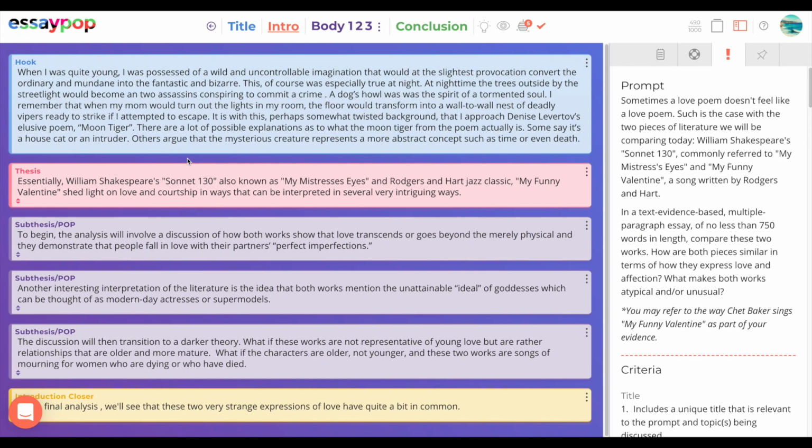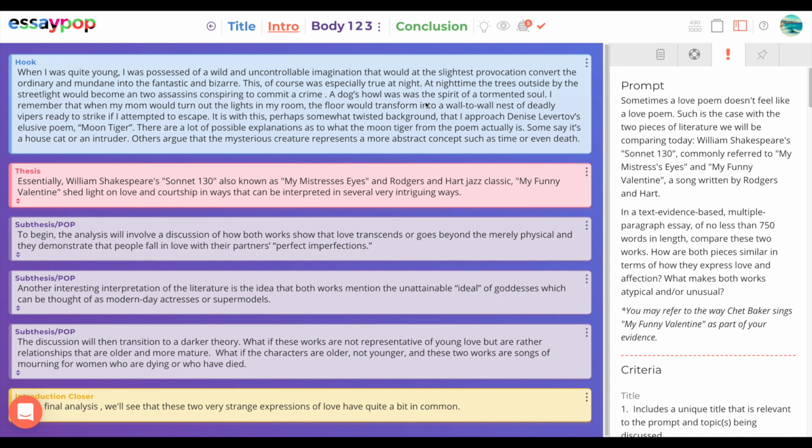In our first video, we learned about the writing frames and how you're going to be using the frames to compose your essay or your story or whatever it is you're working on. But now we want to look at the Hive. This is going to be the place that we call the social and interactive heart of the EssayPop system. And this is where the teacher is going to be able to see your work and grade it ultimately. And it's also a place where you're going to be able to see the work of others and comment and